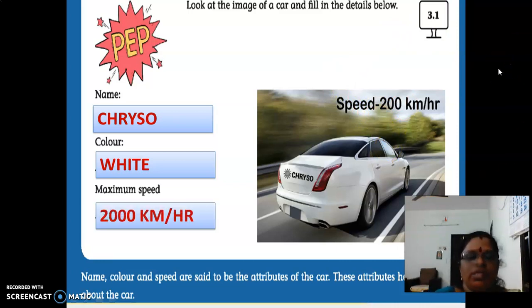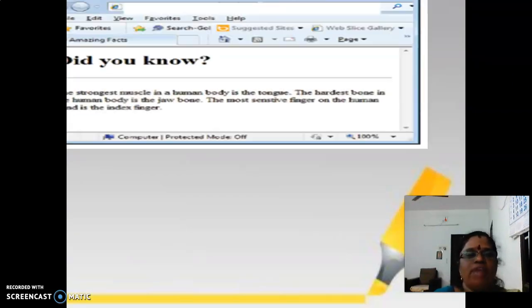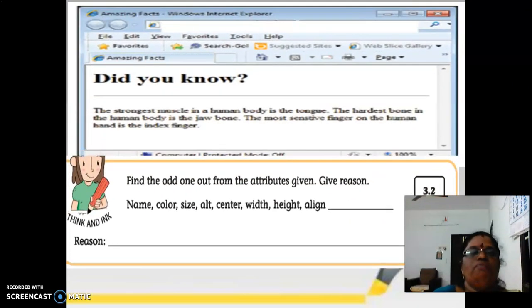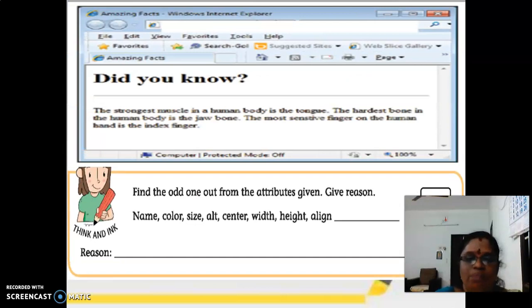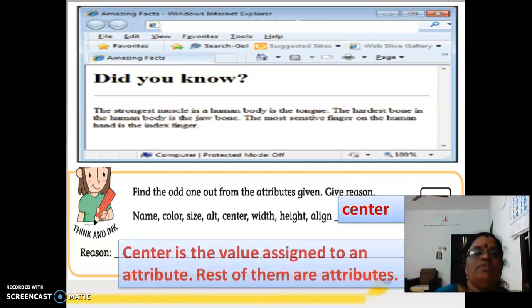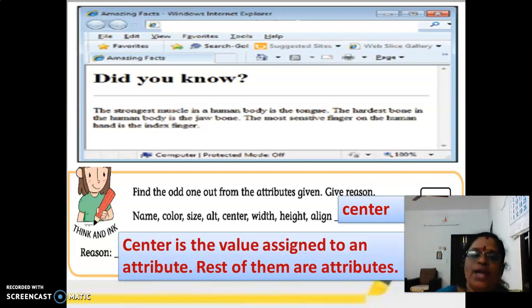We can go into the next activity. Find the odd one out from the attributes given and give the reason. Name, color, size, alter, center, width, height, align, everything is given. Which is not an attribute? Center is not an attribute. Why? Center is the value assigned to an attribute.